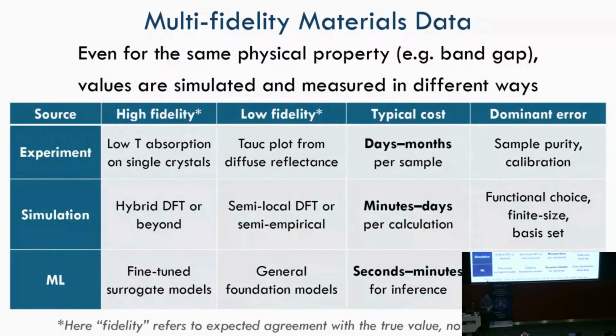At least how I view it, there's 3 different ways that we can create data: through experiment, through numerical simulations, or through machine learning models. But each of those sources has high fidelity and low fidelity variants. You can have a very fast machine learning model that will make a low fidelity prediction, or you might have one that's been fine-tuned and is going to produce something very accurate. So this is a challenge. If you get a very inhomogeneous data set that has a mixture of these, how do you deal with the different error distributions that are present in each of those data sets? I haven't fully got my head around exactly how we do it, but I know there are ways to solve this.